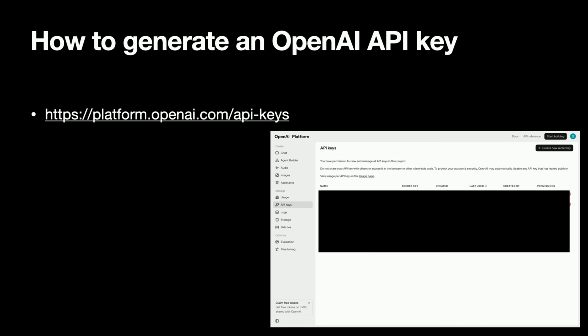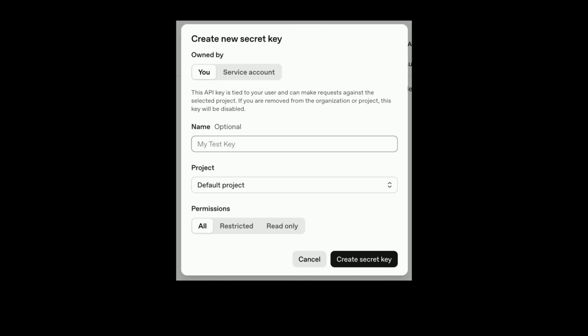So once you're ready to make your API key, go to this top right button to create a new secret key. And once you click on that button, you'll get this pop-up screen. Feel free to name your API key, and although it says optional, I personally find it very helpful to know for which case I've used my API key for by just naming it something. And most importantly, make sure to save your API key somewhere, as it will not be shown ever again once you've been shown it the first time. So you can use your Notes app or anything else, but just make sure you have it somewhere stored.